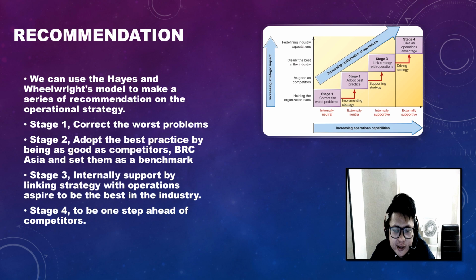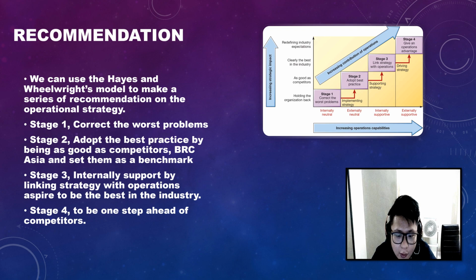So in this slide, we will set a Haze and Wheelwright model to remedy the issue that happened, and give very constructive steps for NatSteel to improve their operational strategy. So at stage one, we need to correct the worst problems that are happening